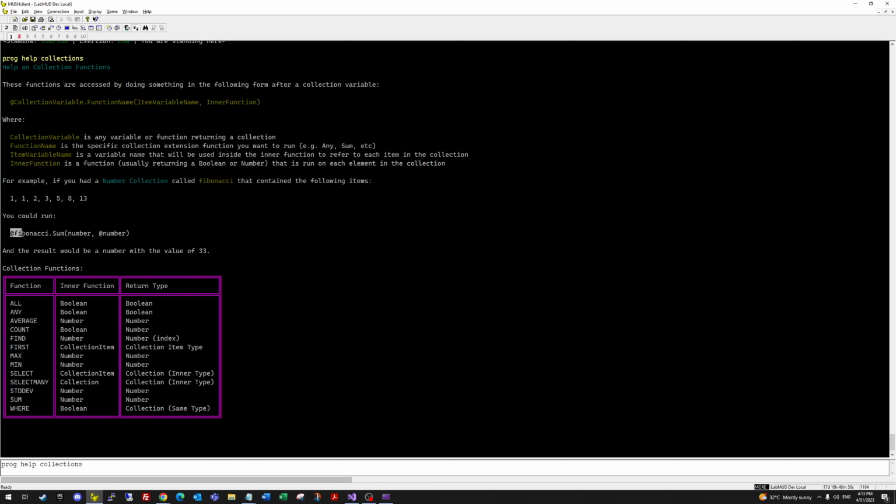So for example, if you had, as it says here, a number collection that's called Fibonacci, and it has the Fibonacci numbers in it, you could do the sum of the numbers. This is a variable name, and then this is something that you do on each item in the list. So if we wanted to look at sum,